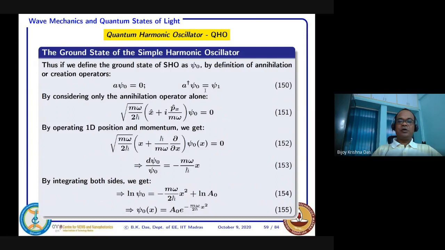So now let us consider this first one, the annihilation operator. What I am trying to do here is directly put in the expansion of the A operator. You know, A is defined like this. This is the A operator, right? And A dagger is just a minus here. I am just using this here with psi naught. My intention is to find psi naught. Psi naught must be a function of x, right? Because it is one dimensional, and the potential is stretched in the x direction, half m omega squared x squared. So your psi should be a function of x, right?